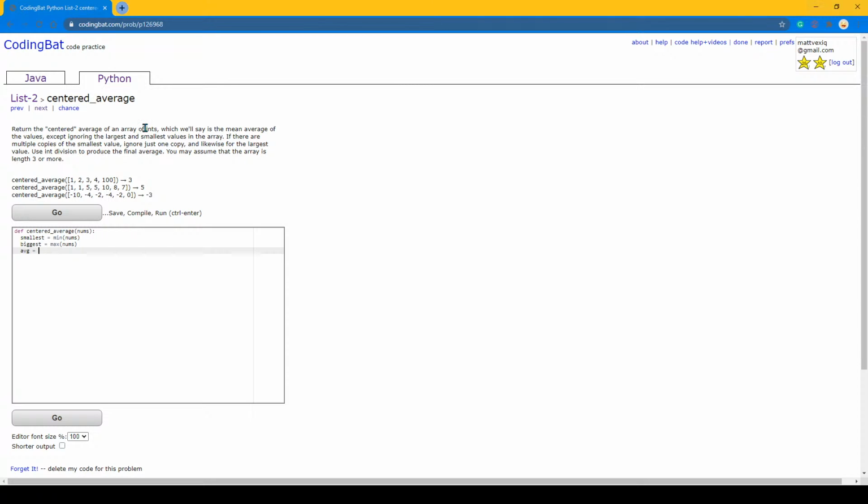Well, there's another function called sum. Unfortunately, there's no average list for us, although that would certainly be very nice, right? But what we're going to do is take the sum of the numbers minus smallest minus biggest, right? Divided by the length of nums